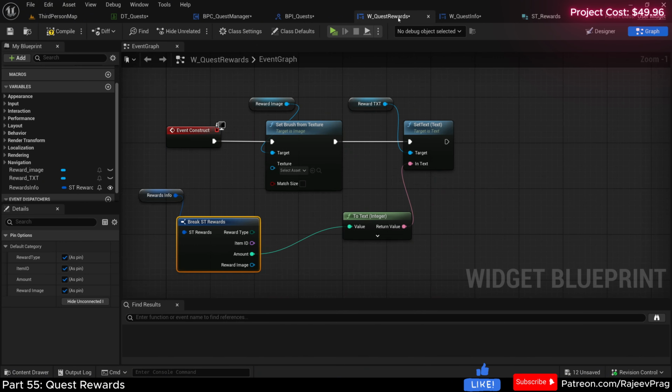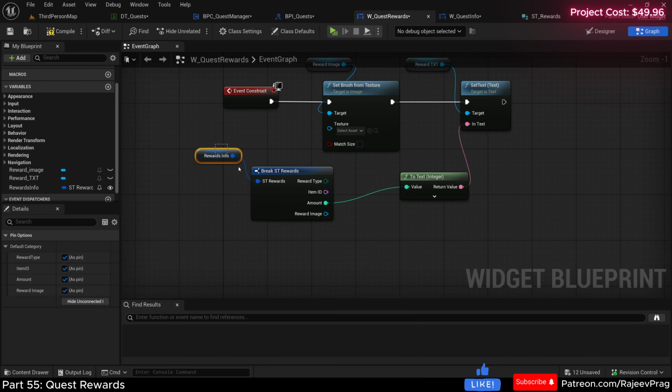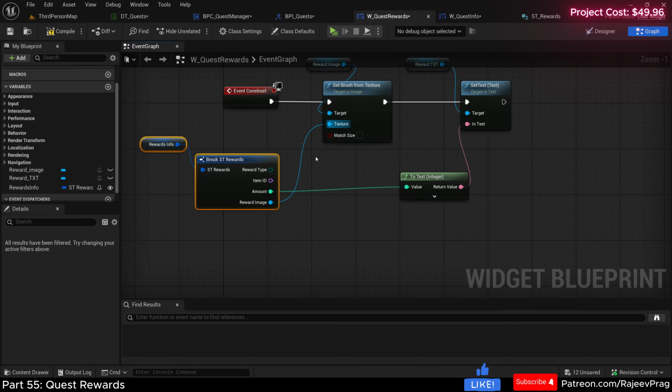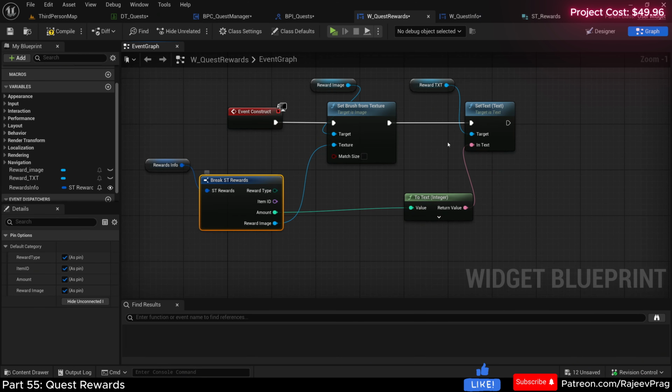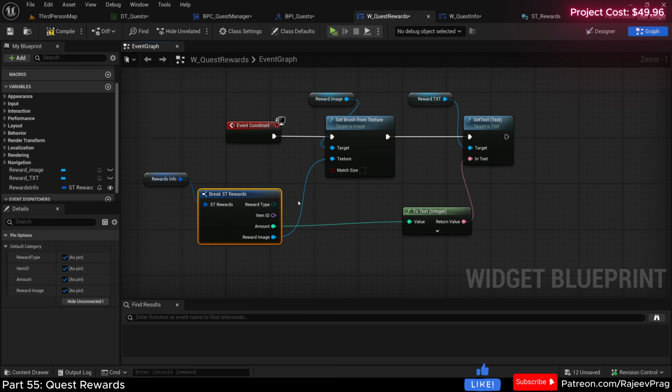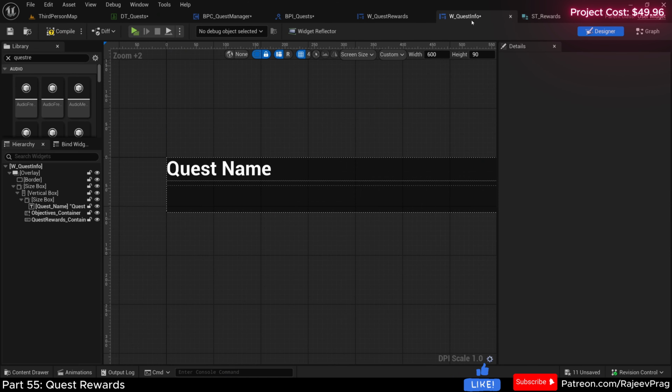and then save. And back in our quest rewards, now we have our reward image. So now we can just go ahead and plug this in here just like this. You can choose to add more information to your reward tab, but for now, the picture and also the quantity, I think it will do the trick. So I'm going to go ahead and compile and hide unconnected pins here, and then save. In our quest info,